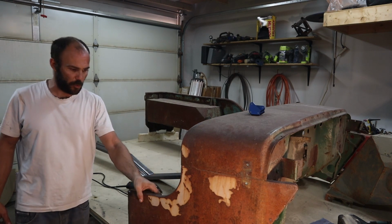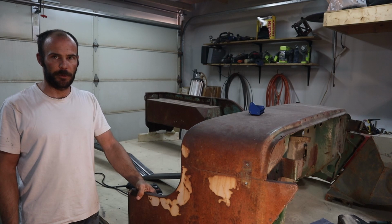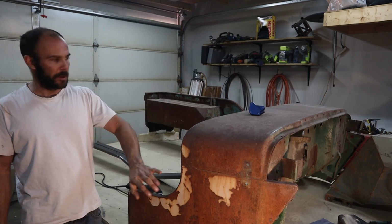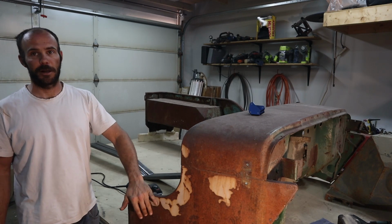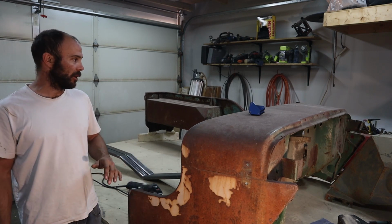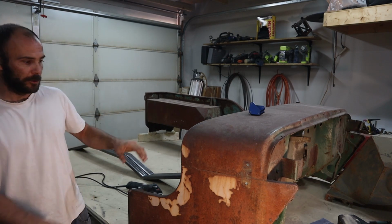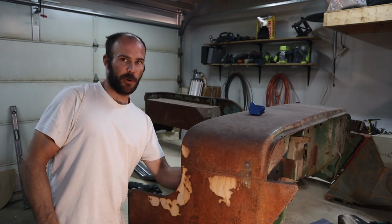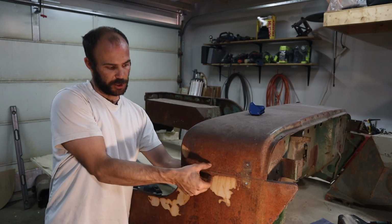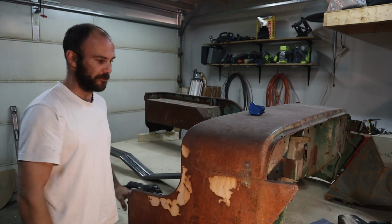Spend a week doing fixing this stuff, or spend a couple days building both new sides. The other side is significantly worse than this side, so it would have taken a lot longer to do. And this will get me nice and square, and it's actually faster now too, because I can just cut at the seam here. There's a couple of spot welds pinched in between these two, and then remove everything from there down